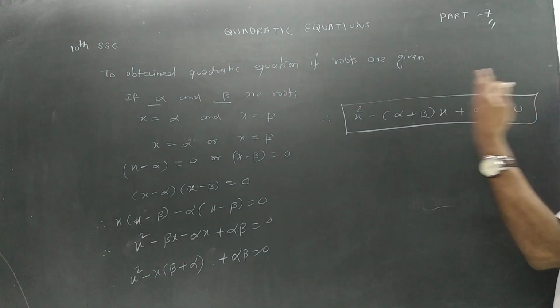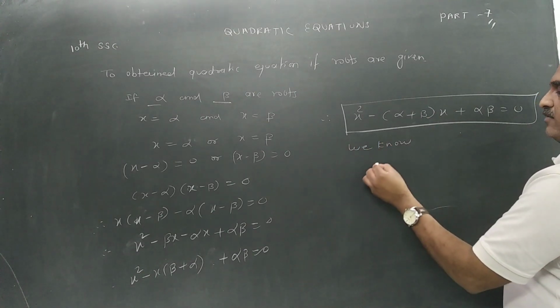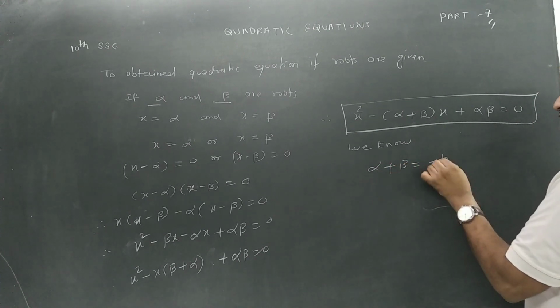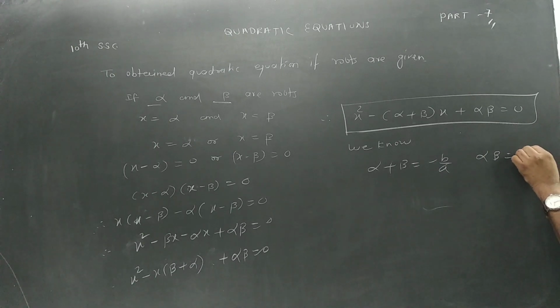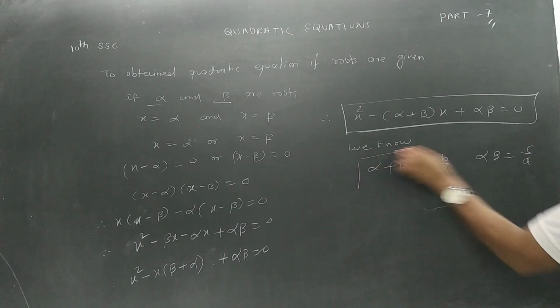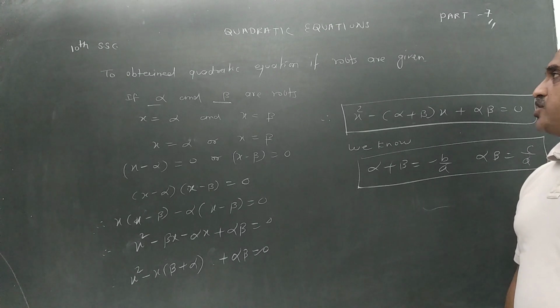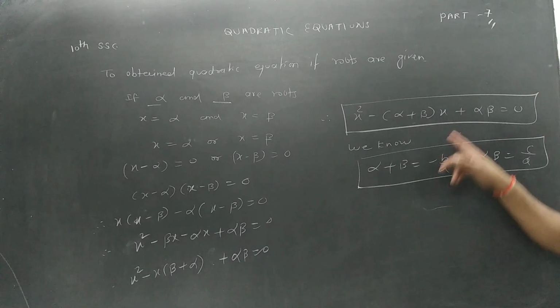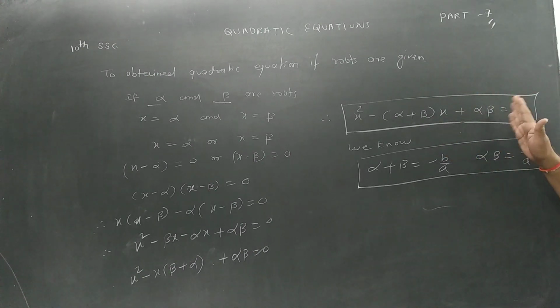And as we have solved before, we know that alpha plus beta is equal to minus b upon a, and alpha into beta is equal to c upon a. This also you should know. You got it? So, have you understood how to obtain the quadratic equation if the roots are given? This is the formula I'm going to apply. This is also a very important formula. No one is going to ask this derivation, but you should know it. We did the previous derivations also, and we did this also.